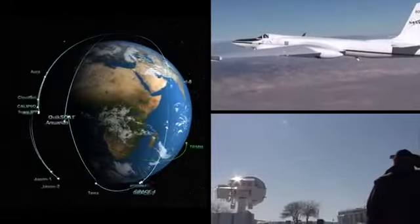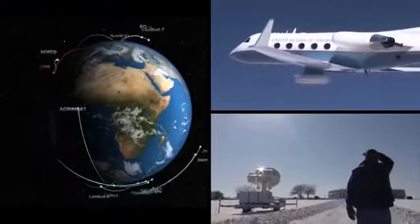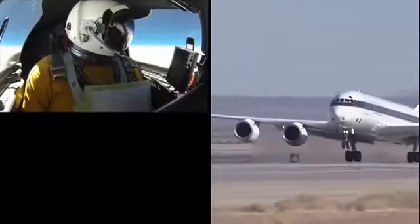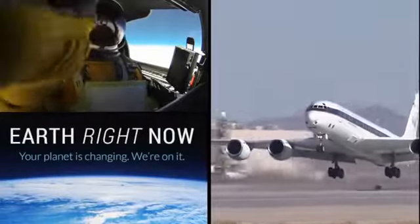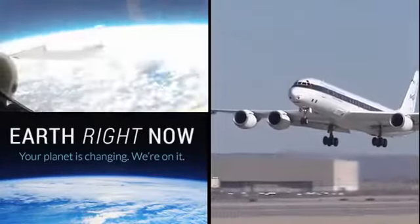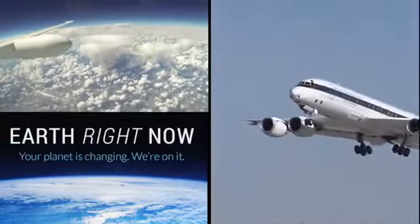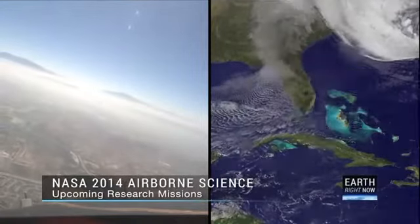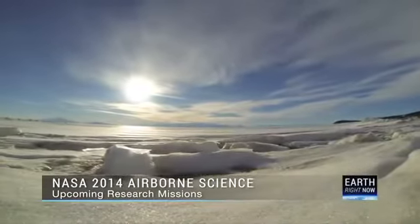NASA observes the Earth from land, air, and space to better understand the environmental changes taking place on our home planet. Over the next several months, the NASA Airborne Science Program will send its fleet of flying laboratories to locations around the world to study the air we breathe, tropical storms and hurricanes, melting polar ice sheets, and how ecosystems